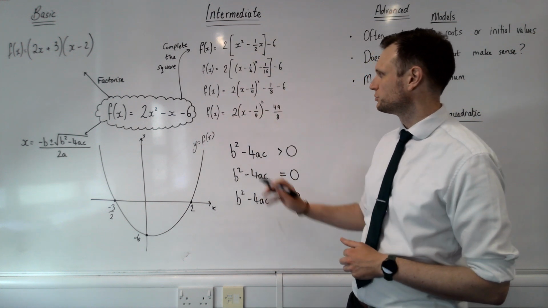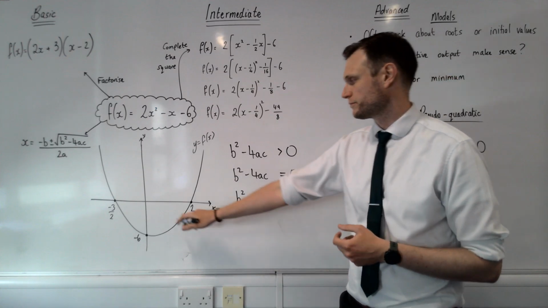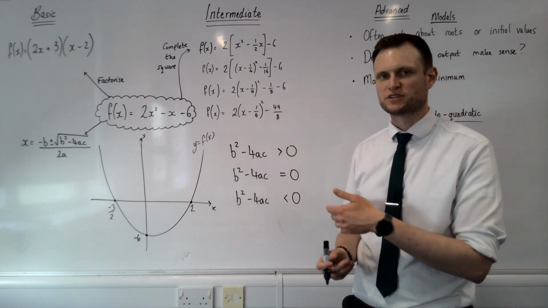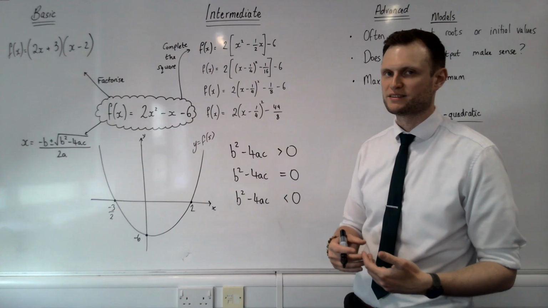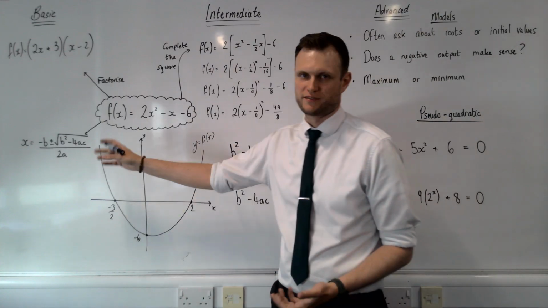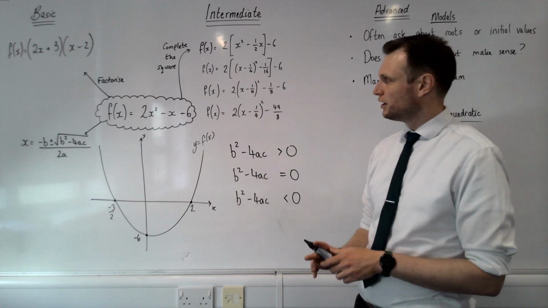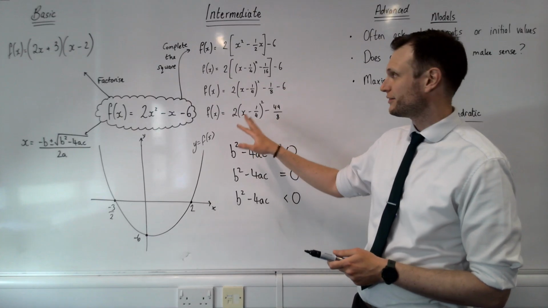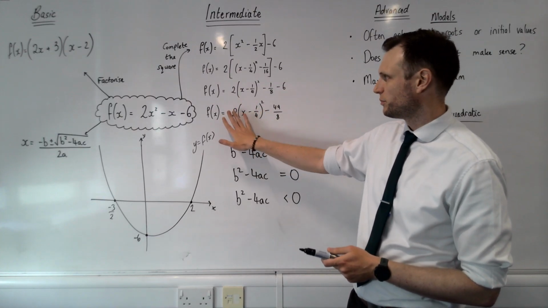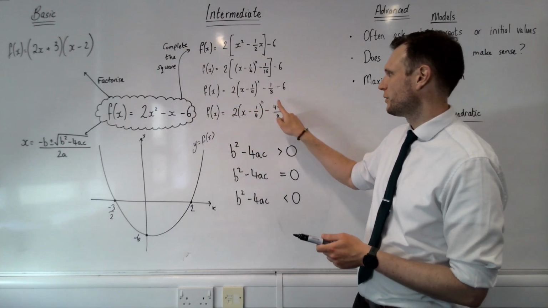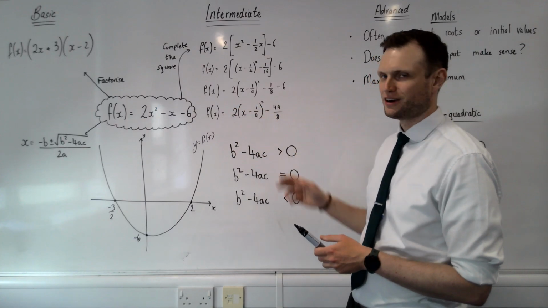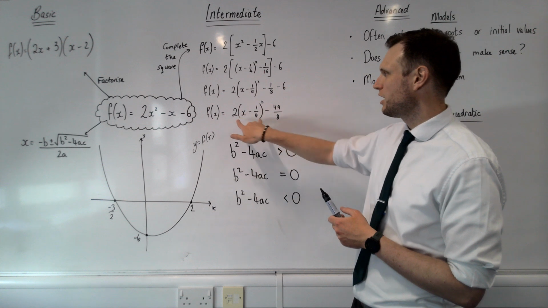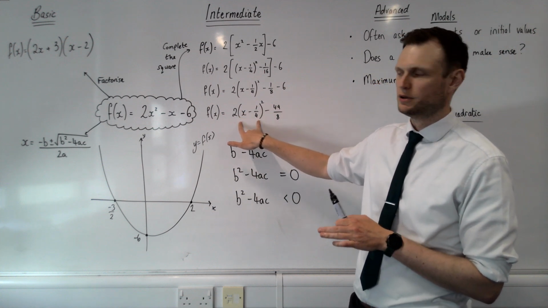So what this one is useful for is getting you the turning point. It tells you very clearly, it's why it's also used in chapter 7 to show that something is always positive or always negative, or in this case it's positive and negative, so not really a very good proof. But if I set x equal to a quarter, then the bracket here becomes 0 times by 2, which is still 0, and take away 49 over 8, it tells you the minimum point, because the lowest that this bracket can be is 0,